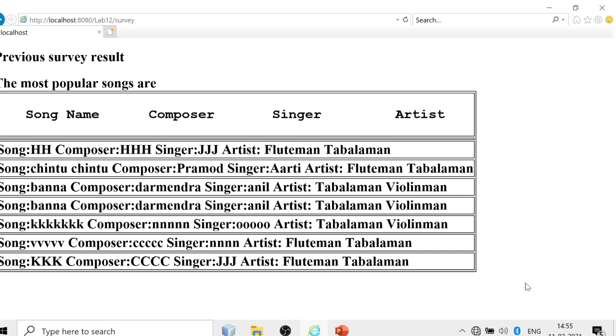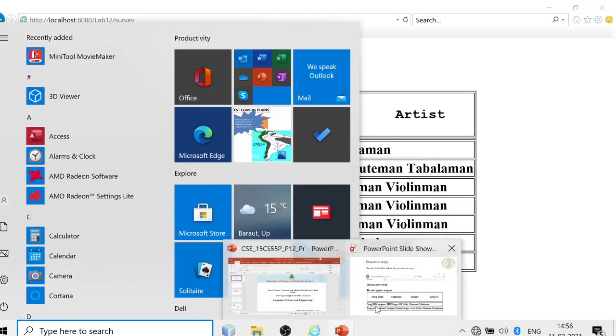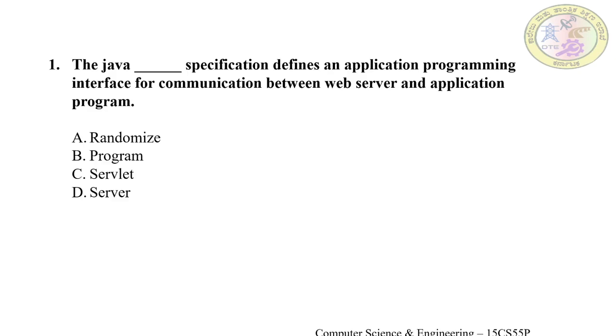Now let us go to multiple choice questions to test our knowledge. Let us see the Java specification which defines an application programming interface for communication between web server and application program.